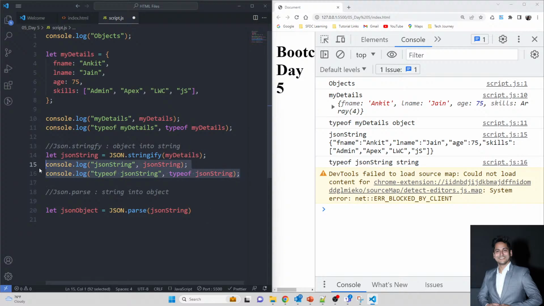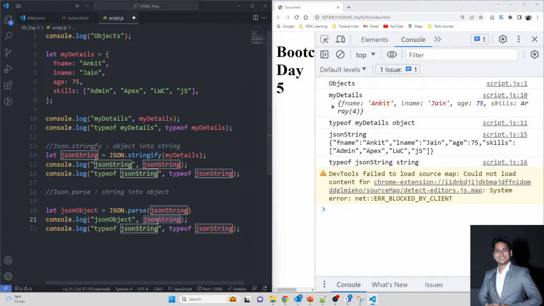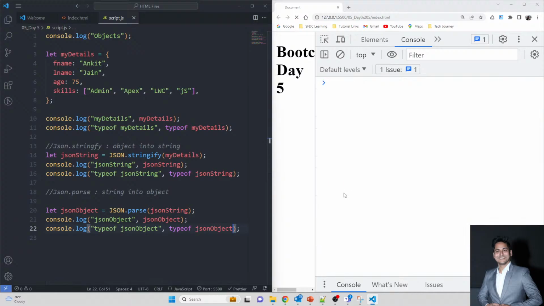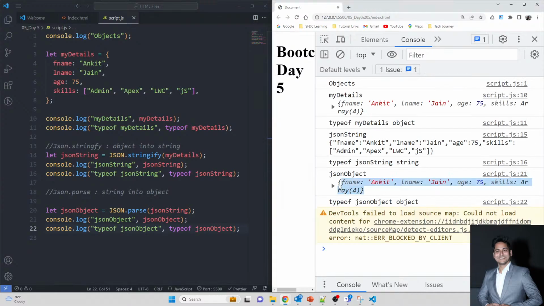Ideally it should create the object for us. So I am printing this, and let's validate. You can see what we are getting again here is the object. This is how we can convert the string into an object and an object into a string by using JSON.stringify